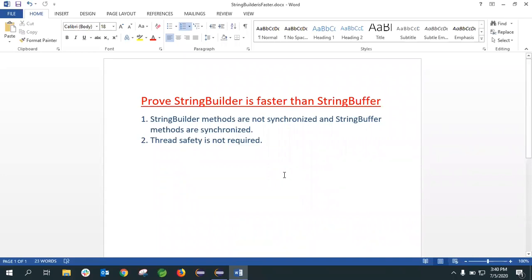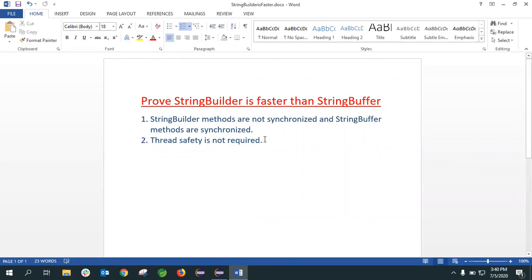In this video, we will see one of the most important Java interview questions related to the string builder and string buffer. So many of you have gone through those questions where string builder and string buffer differences will be asked and what are the methods will be there, everything will be asked.